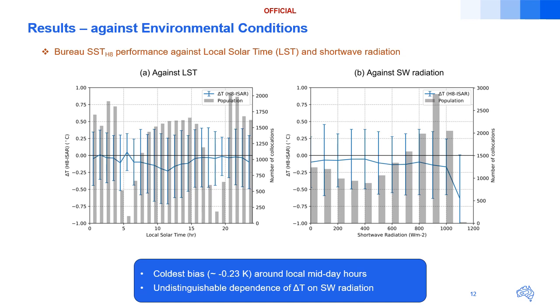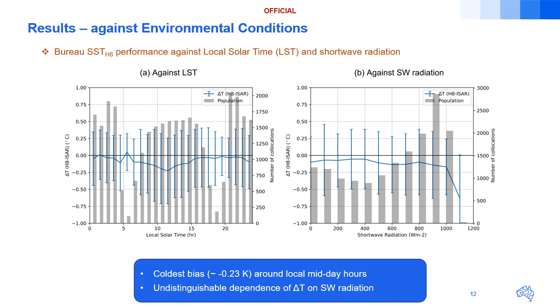That is because of the sun glittering effect in the satellite retrievals. We don't have a lot of satellite measurements available at these two times. But during the daytime, a cold bias is really obvious for almost all the hours, especially around the midday, like 12 p.m. local time. And very naturally, we want to know if this is in any way related to